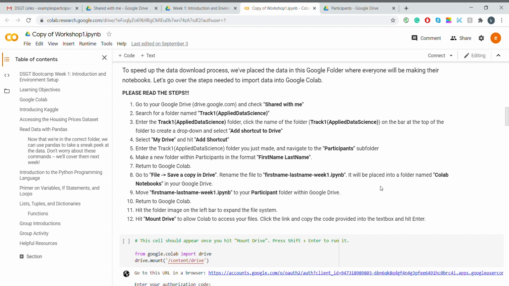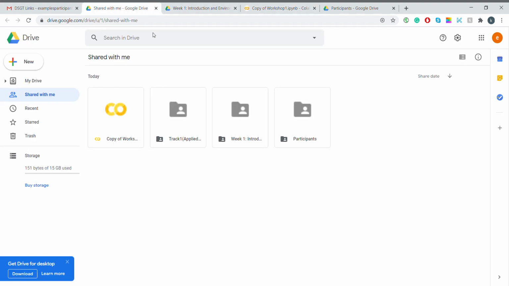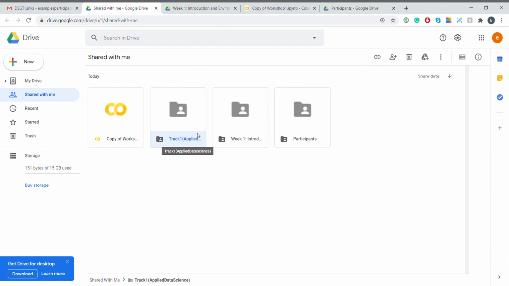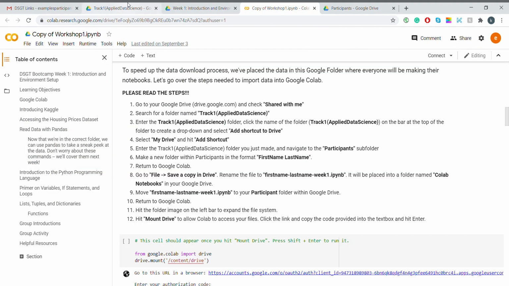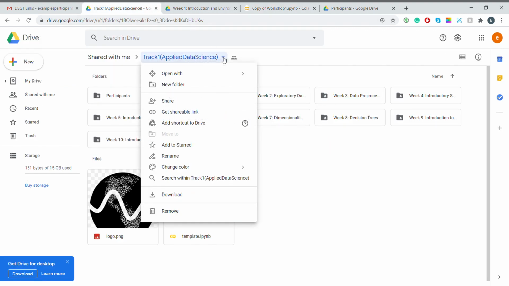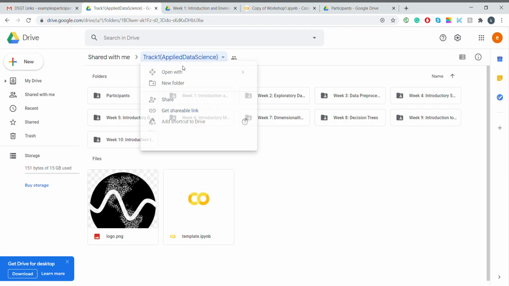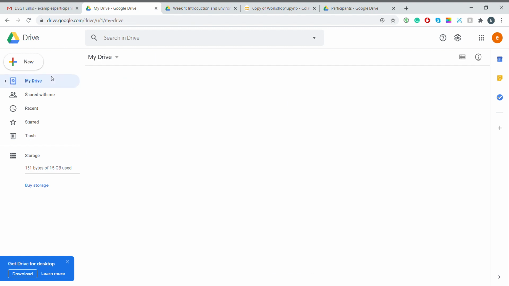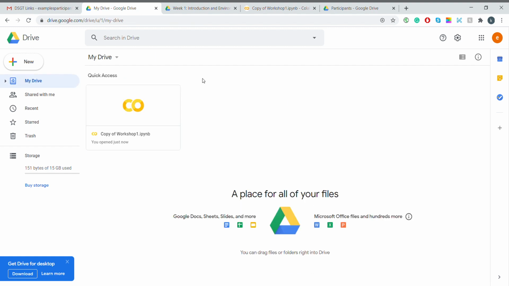What we're going to do is go to Shared with Me. When we look at Shared with Me, we see Track 1 Applied Data Science. We are going to enter this folder, just like this, and click the name of the folder at the top. You see an Add shortcut to Drive option right here, so we are going to click on it. Select My Drive, and we are going to hit